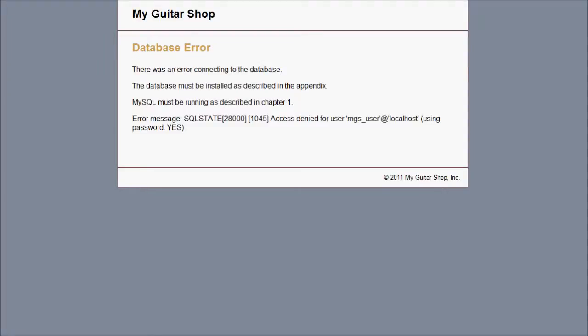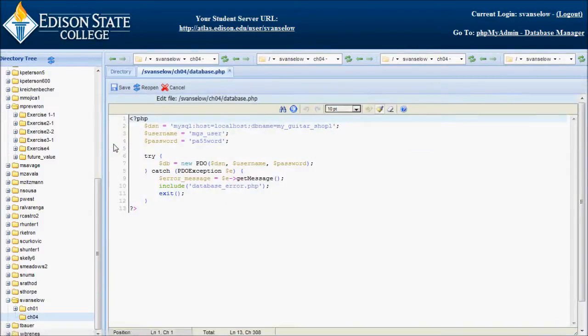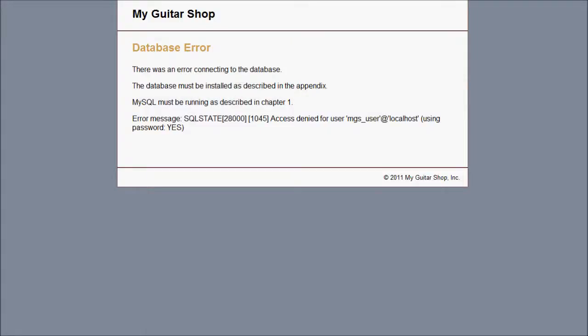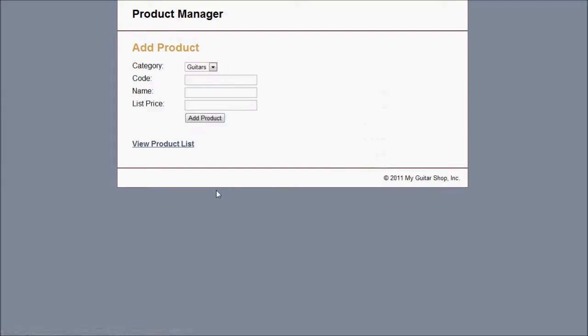This is stuff that's supposed to work. So let's make sure we get rid of this database error. If you see that, just remember you have to change database.php. Put in your database name, password, and username. You can see information in the last module if you need help with that. But we get that fixed, and we are able to get into index, and we're able to get into add